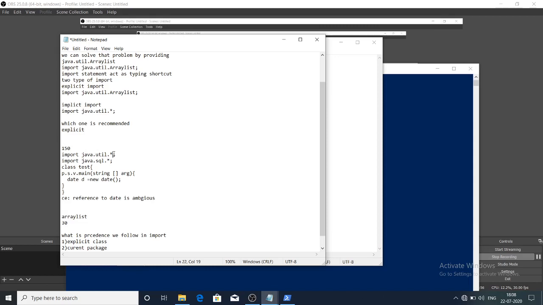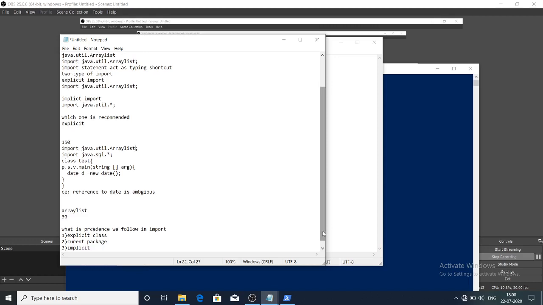If I take the array list like that, in the last case both are the same because both are implicit. From which implicit? Because both have the same precedence. But there is another thing.